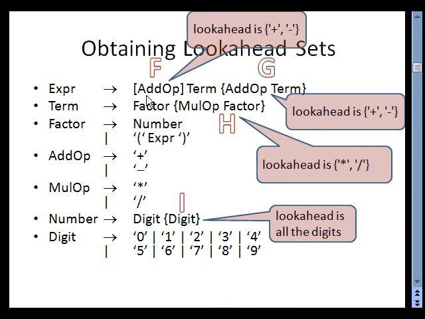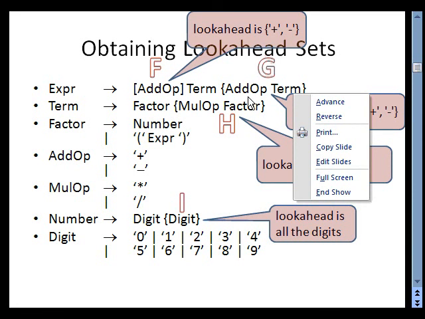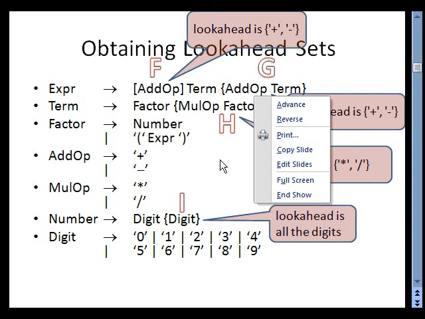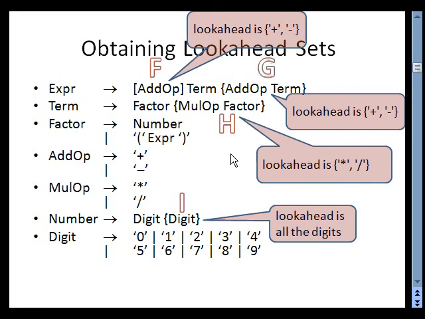When we did our look-ahead sets, we found that the look-ahead for this little piece was plus minus, and same for this whole piece right here because it started with an AddOp, so its look-ahead was plus minus. This piece started with a multiply operator, so its look-ahead was either splat or slash, and this one was a digit. Now those look-ahead sets will come in handy when we redo our parser and evaluator,